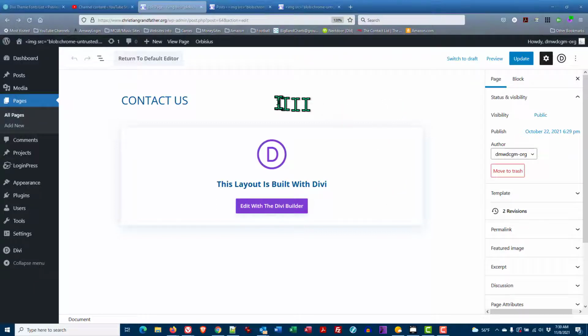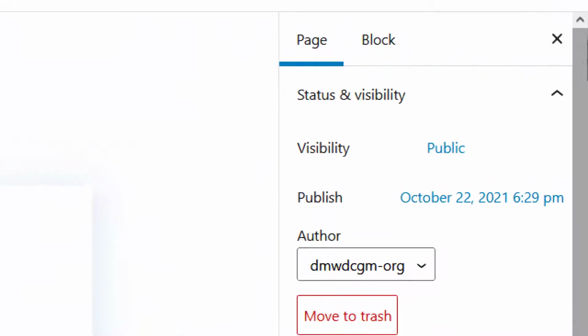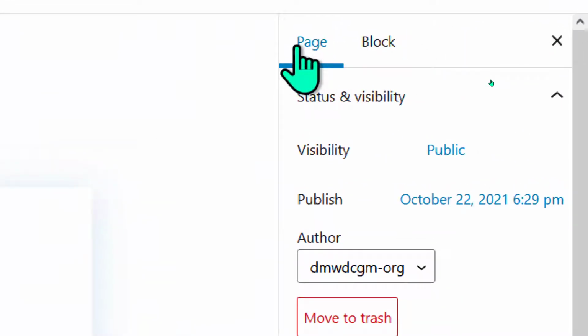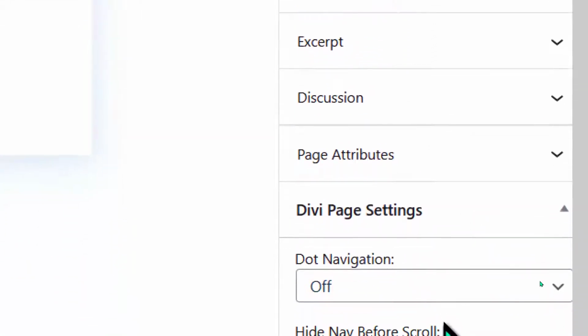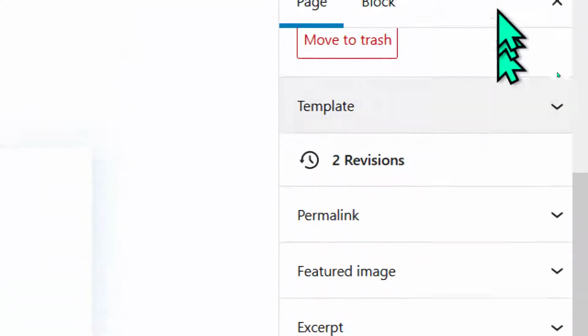One of the first things you do when you edit the page is you want to come over here to the right side. Now I'm going to expand this a little bit so I can see it better. And we look over here on the right hand side. We see we're on a page. Basically, you want to just check all of these items here in the right hand side before you get off